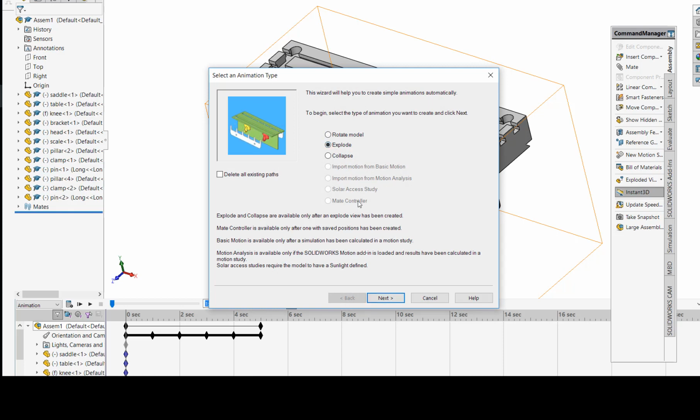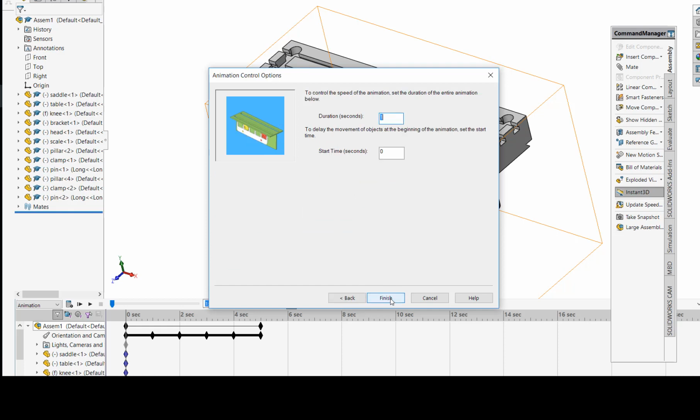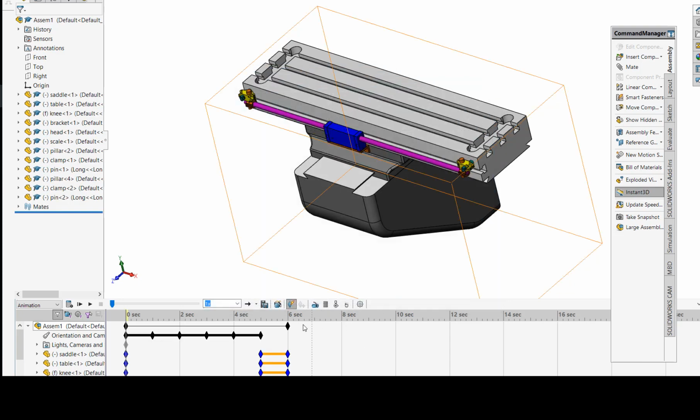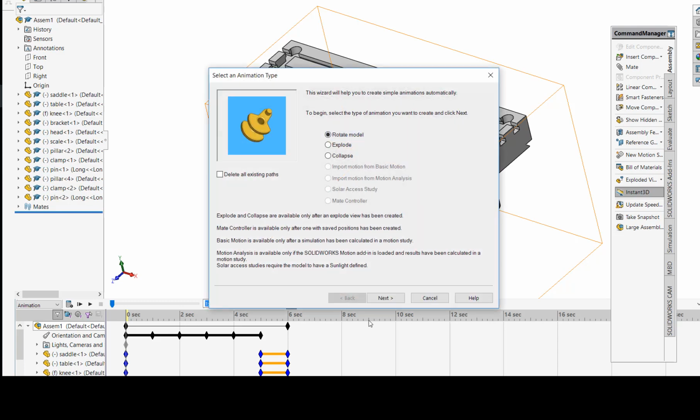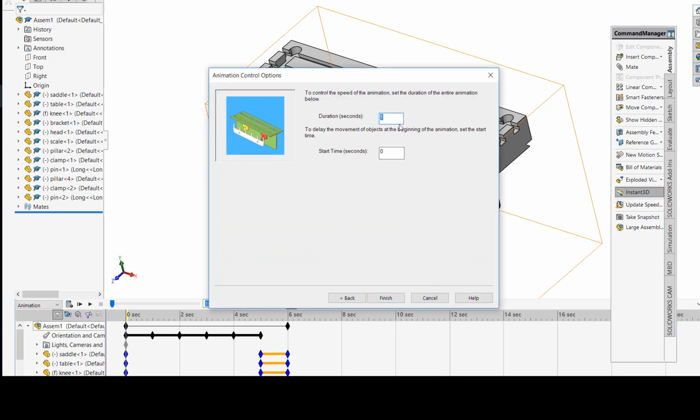And for the next 1 minute, start at 5 seconds, okay? 5 seconds. Then let's say after 6 seconds you make animation again, collapse, okay, and then you make this for